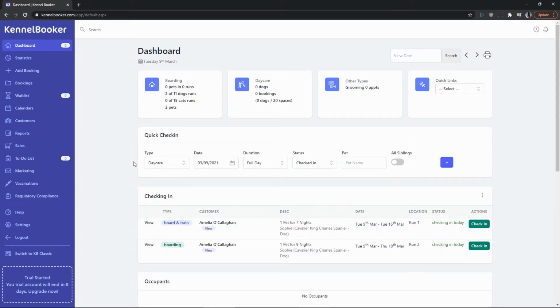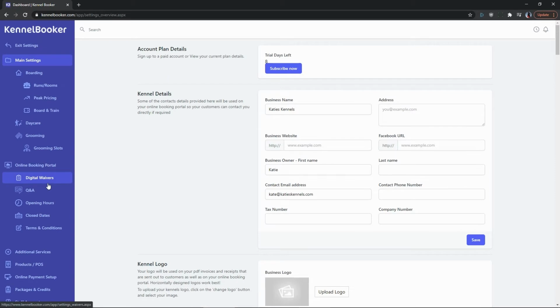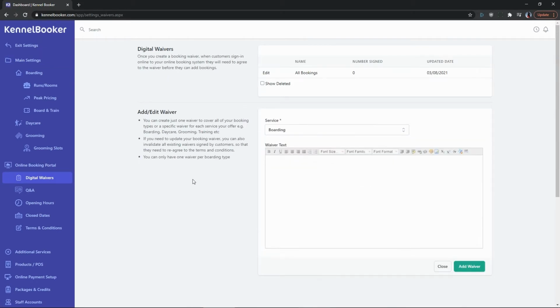To add a digital waiver into the system, click on the settings link in the left-hand menu. Then click on the digital waivers link under the online booking portal. When adding digital waivers into the system, you can create a booking-specific waiver, or you can create a general catch-all waiver which covers all booking types. For each of the digital waivers that you've added into the system, you can quickly see how many customers have